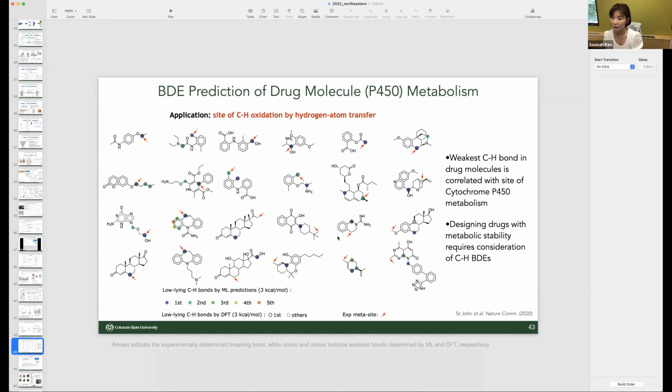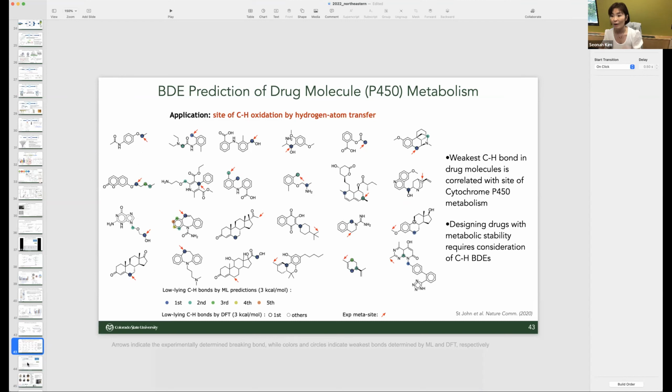And also, this is very important for the pharmaceutical company people, because when they screen the drug molecule, especially in the P450 case, CH activation is very, very important. And then that means what? You need to predict CH activation. Where is the lowest CH activation energy? That is BDE. So that is how we apply it to many drug candidates here, and then we predict quite well. So that is what we have.